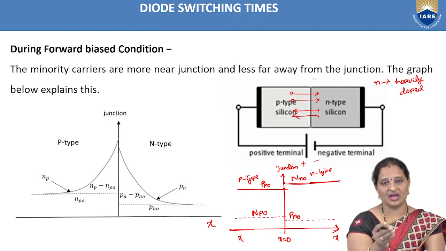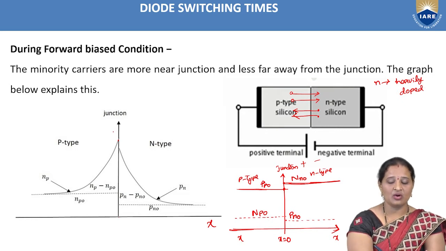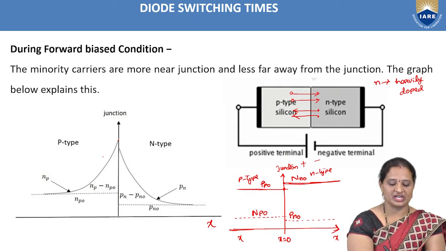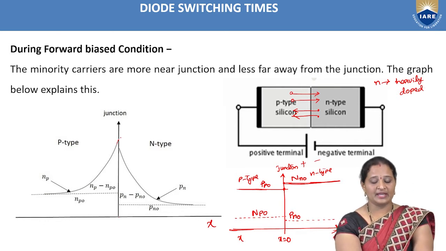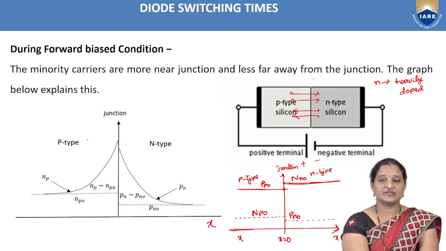As the charge carriers are moving away from the junction, the minority carrier concentration will be exponentially decreasing. So this is represented like this graphically. Now coming to the p-type material, as it is a forward bias, the holes, which are the majority